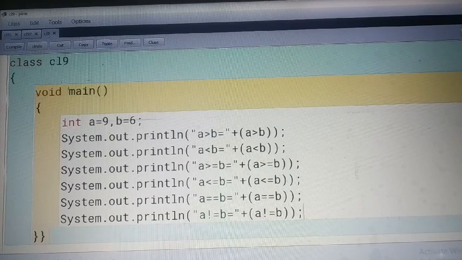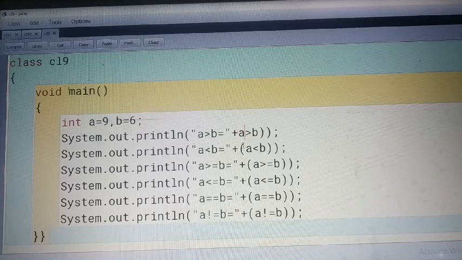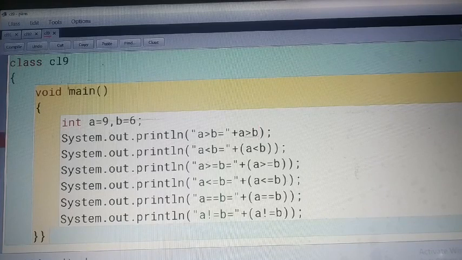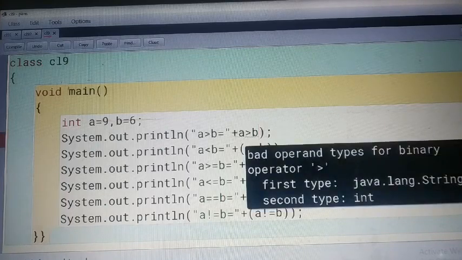No syntax error. The important thing is that you should not write the statements this way if you are practicing on a computer, without parentheses. This will be an incorrect use of operators, because this is also an operator, and this is also an operator.